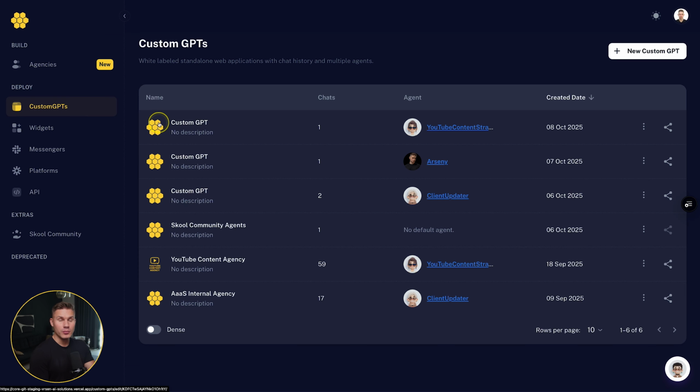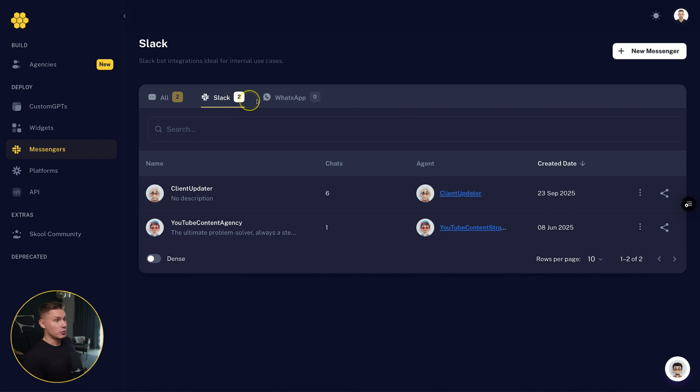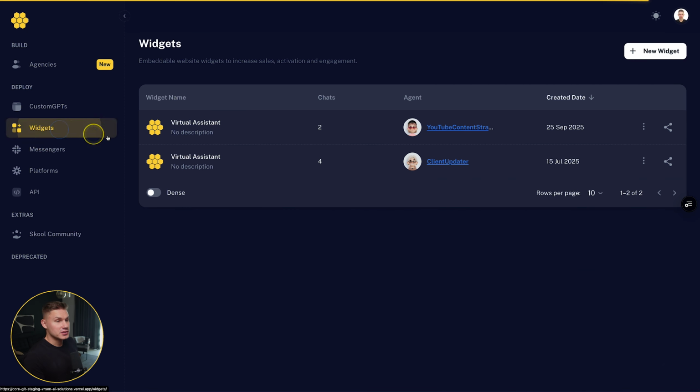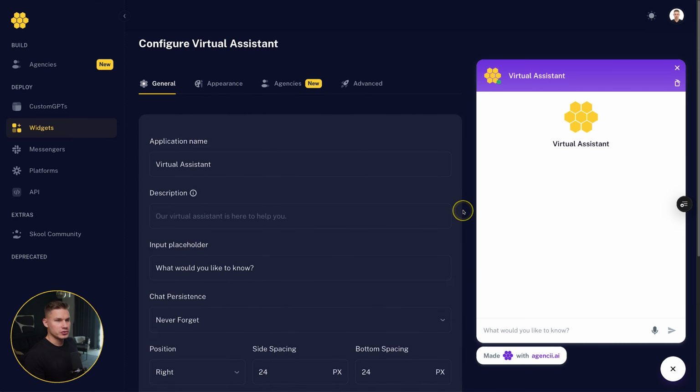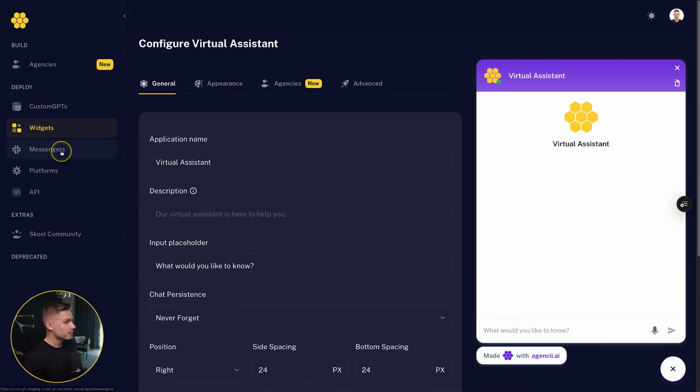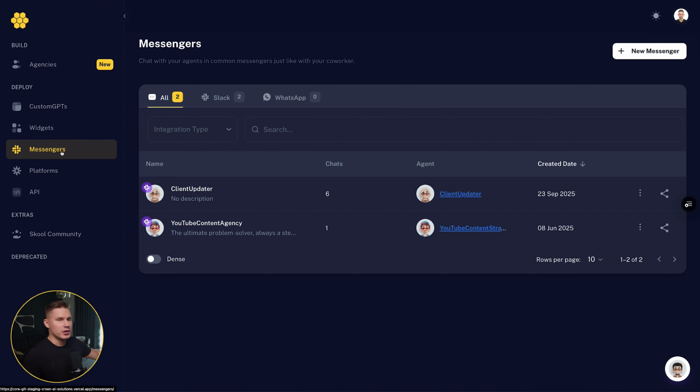However, most of our clients are actually not using this web app integration. They're using primarily Slack or WhatsApp or widgets, which allow you to put your agents also in a website widget like this. And unfortunately, that is not even possible with OpenAI's ChatKit. Integrating agents in Slack, for example, is the most common integration for our clients because this just allows them to communicate with their agents just like they're communicating with their own employees.